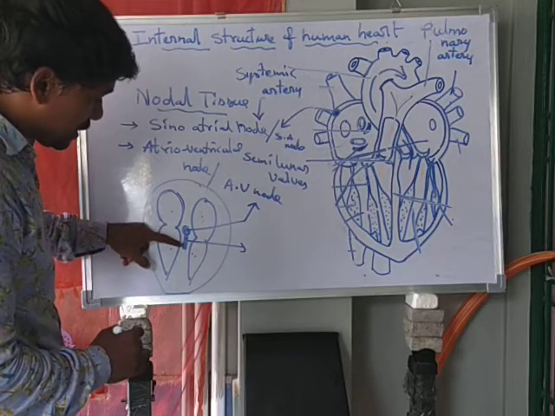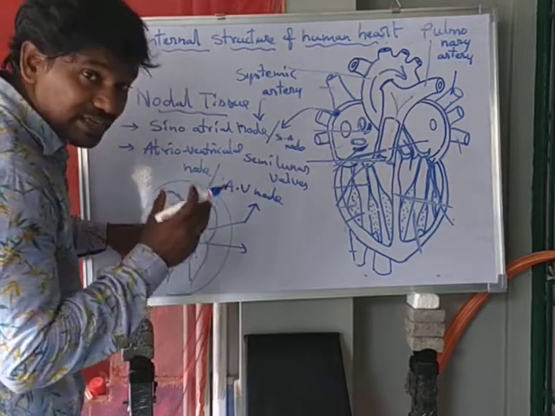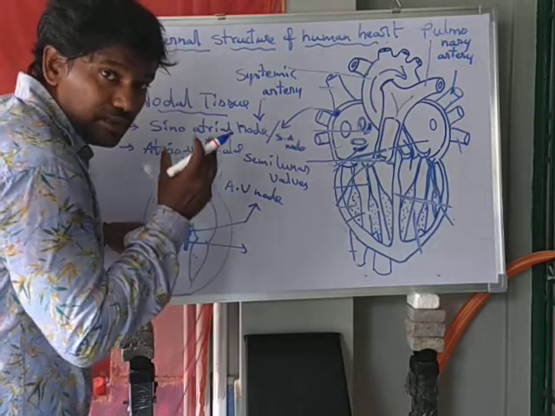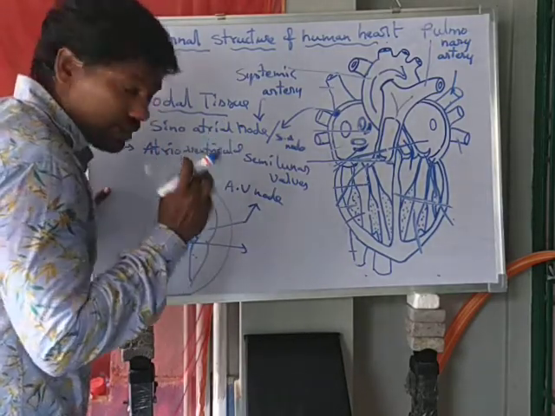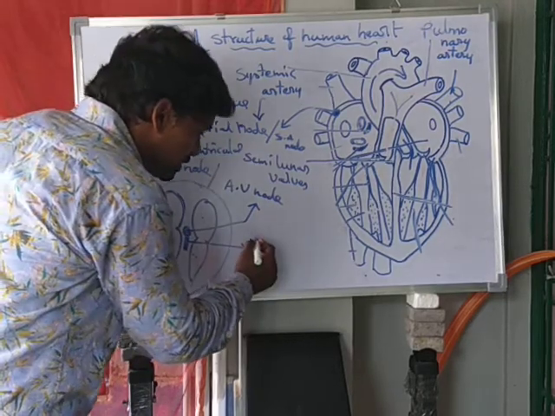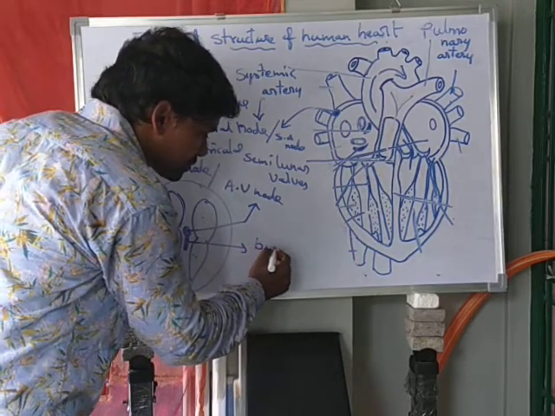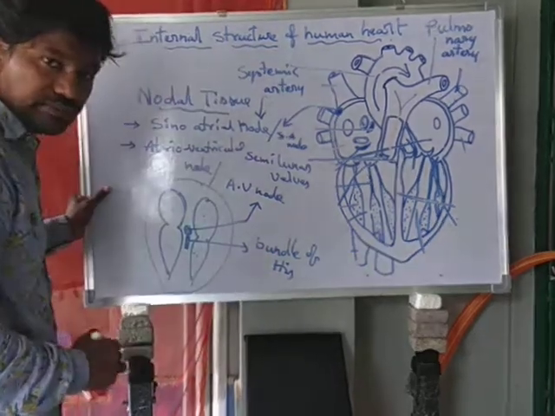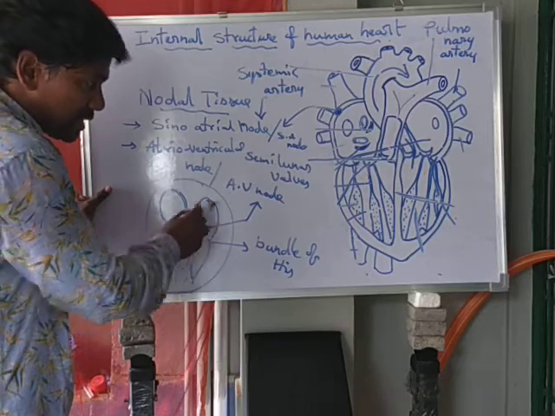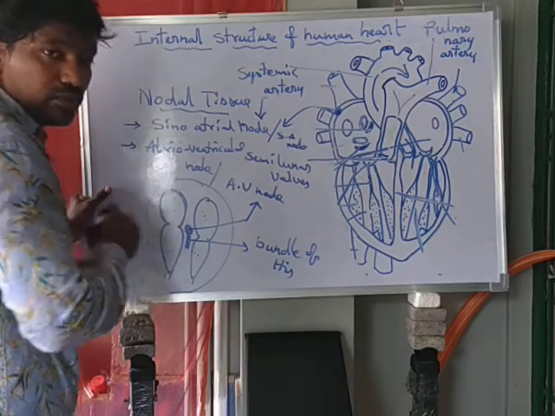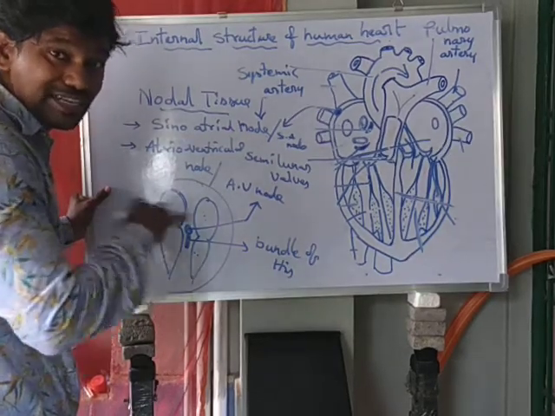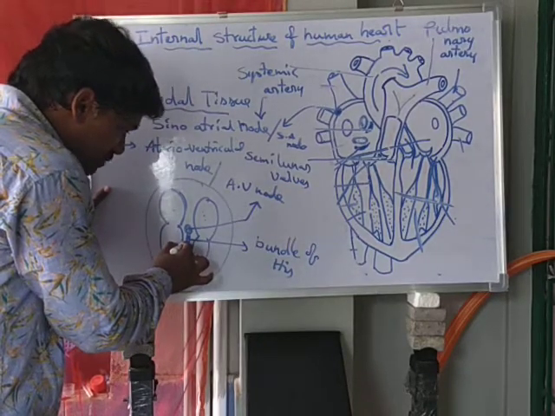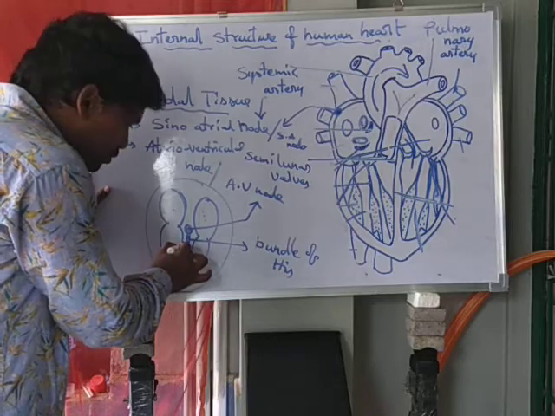These bundles of muscle fibers are called the bundle of His. The bundle of His is connected with the AV node, which is present at the atrioventricular septum. This bundle of fibers continues through the